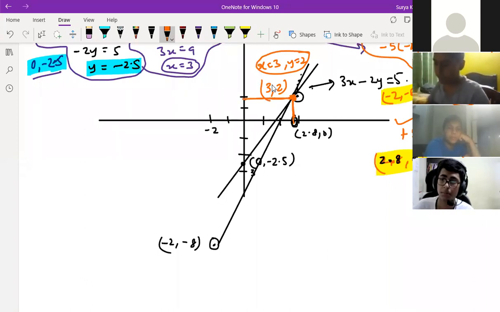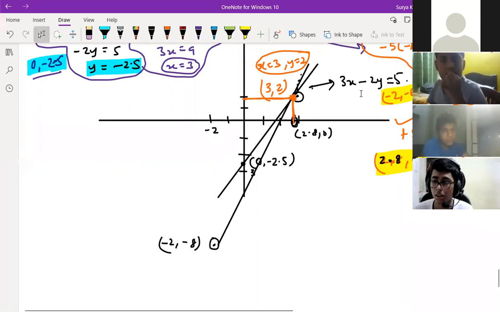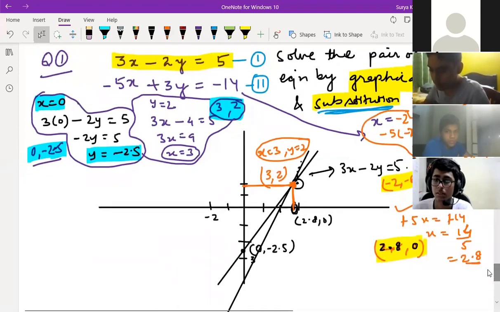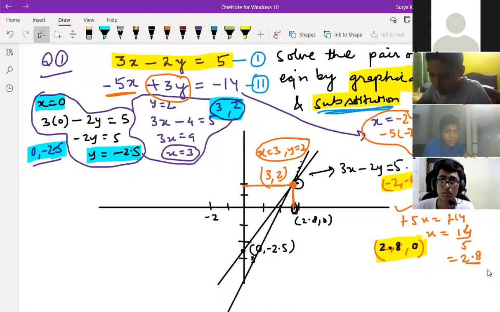Tell me, Sahil, what was your question? Sir, in the question we have taken y is equal to 0, how are we getting plus 14? Like in the question it is minus. Okay, one minute, I'll tell you. See how we are getting plus 14. Here we put y is equal to 0, right? Yes, sir. So minus 5x is there in the question, no? So minus 5x is equal to minus 14, right? Yes, sir. So minus on both sides is cancelled.